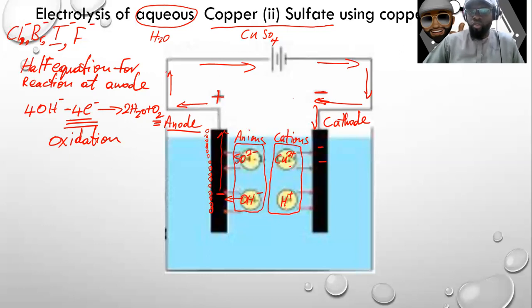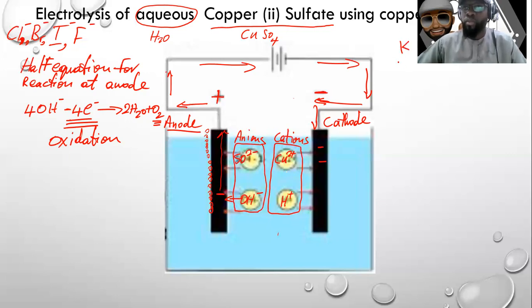And the rule for the product at the cathode states that the more reactive of the two ions will stay in the solution as an ion, and the less reactive will move to the cathode and form the product. So all that is left is for us to determine which of these two cations is more reactive. Because the more reactive one will stay, and the less reactive will move to the cathode and give up its electron. To know that, we must look at the reactivity series of metals, which are as follows: